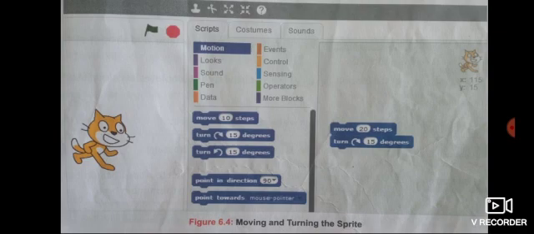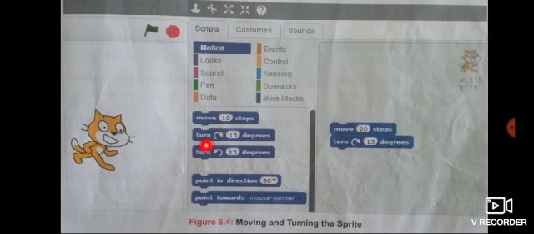To move the sprite, we have to choose the motion block menu. By default, the motion block palette is displayed on the left side of the Scratch window. We have to use the move 10 steps block.